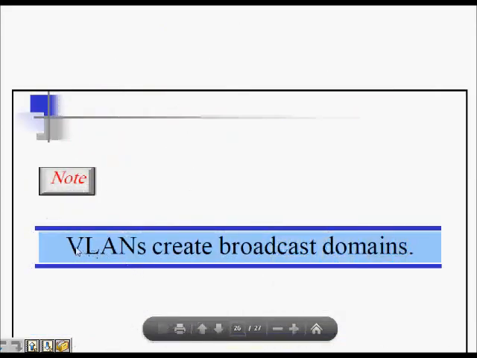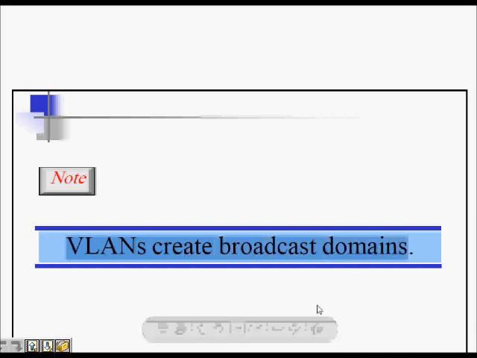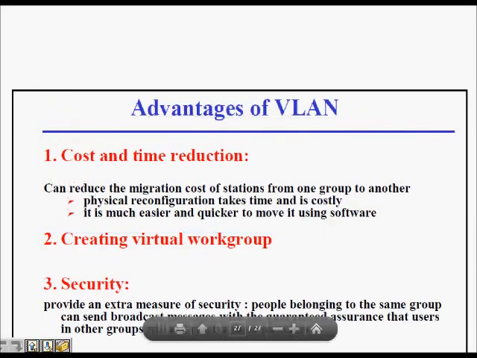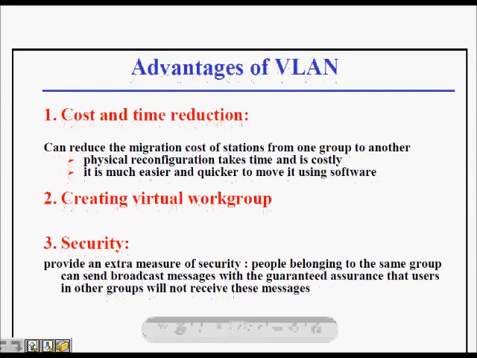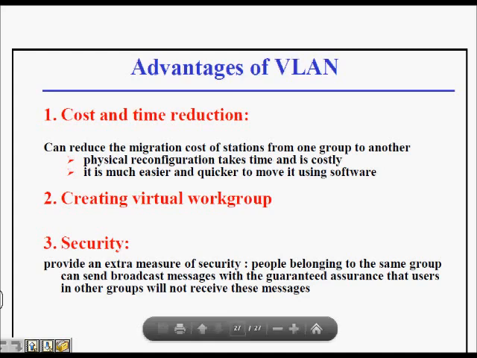VLAN creates broadcast domains. And what are the advantages? Let's check them out. Cost and time reduction.